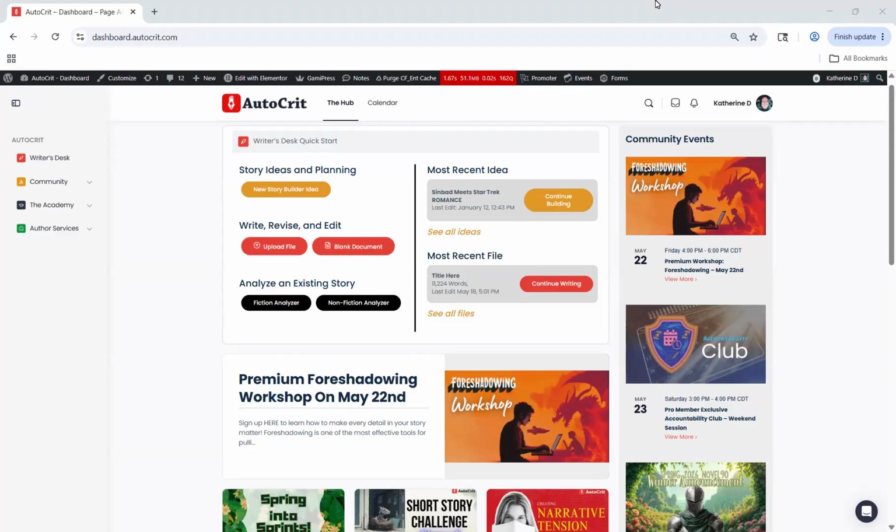If you have not used AutoCrit before, as long as you registered for this challenge, you should have received a free login to get into the account, and everything that you need that is required for this challenge is free. So go ahead and head to that email and try to get your login information, or reach out to us via the help bubble in the bottom right corner of our website, and we can help you get your credentials